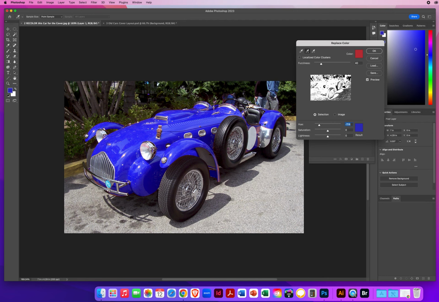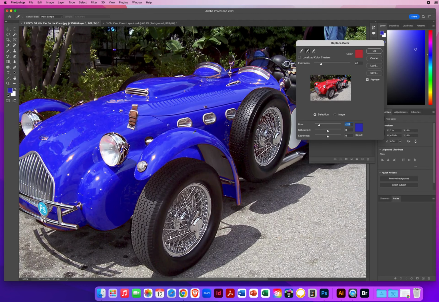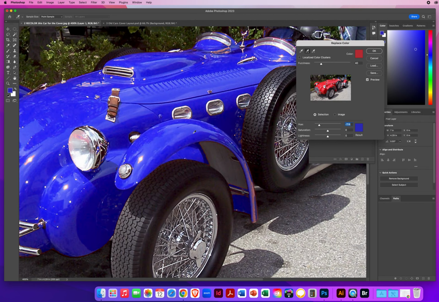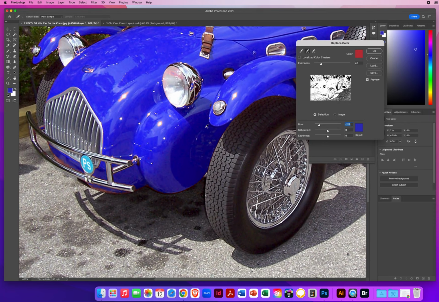And I can see I kind of missed a few values. So on my Mac, I hit Command and plus a couple of times. On my PC, I would hold Control and plus. Now I can hold my space bar, move this around, and I can see some red down in there, so